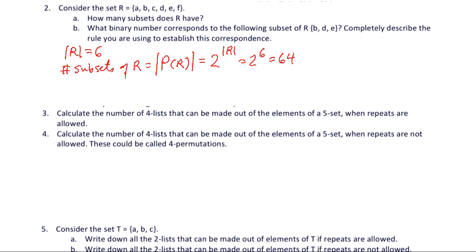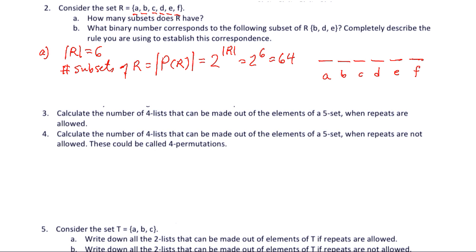And then for part B, it asks what binary number corresponds to the following subset. Well, remember what we do for subsets in binary notation. We've drawn a 1-to-1 correspondence between subsets and binary numbers with the number of binary digits equal to the number of elements in the set. And what we do is, for each position, we put a 0 or a 1 depending on whether or not the corresponding element